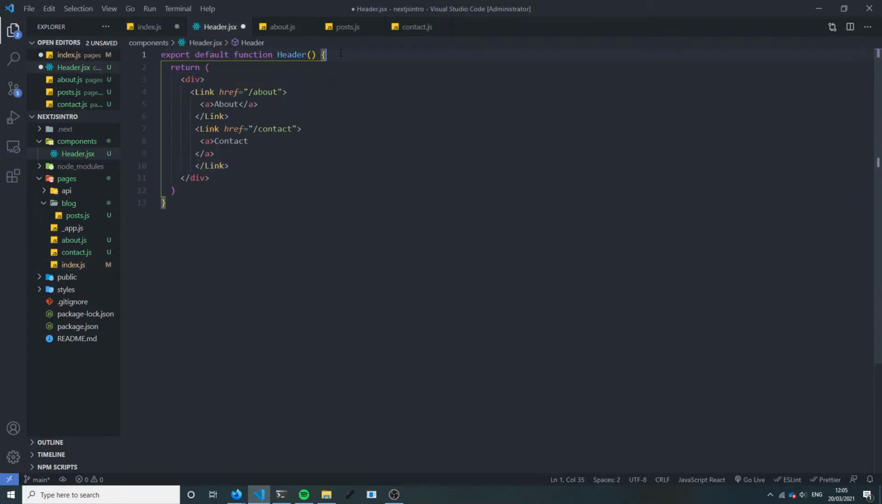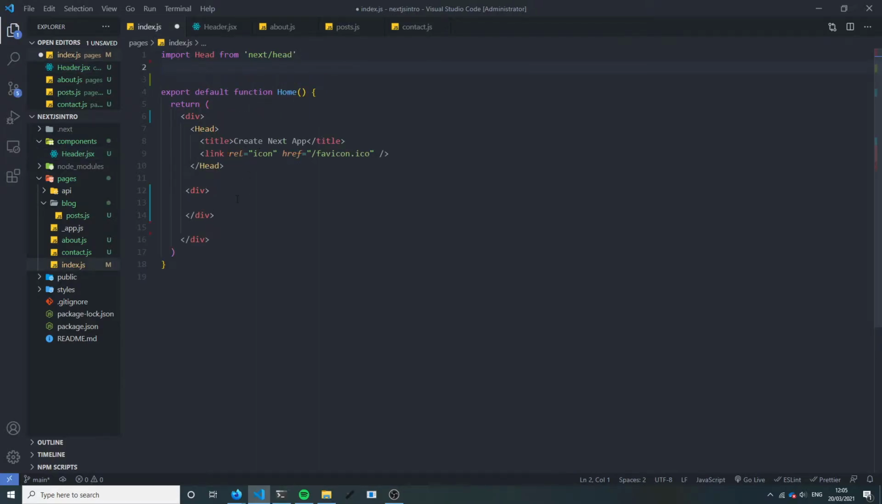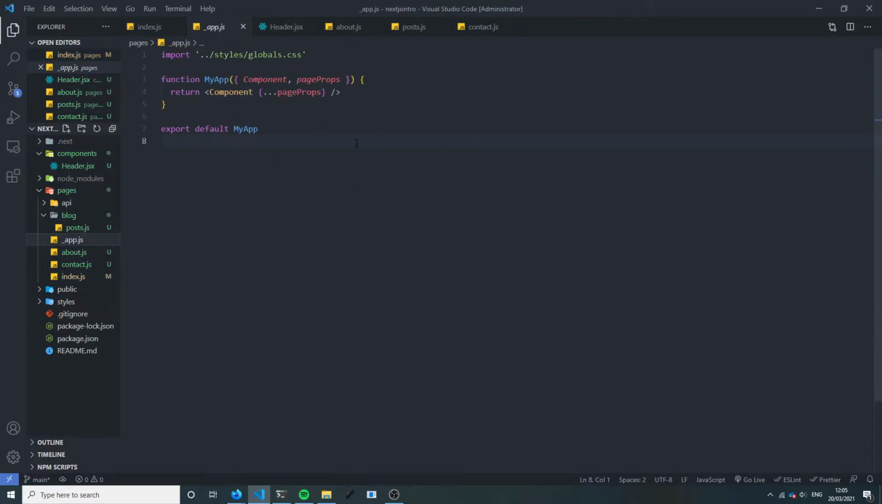We're going to import the link from here, like so. And then on our index page, instead of that, let's bring in our header, like so. And we get the same thing. And what we could do, if we wanted this across all of our pages, is we could put this inside